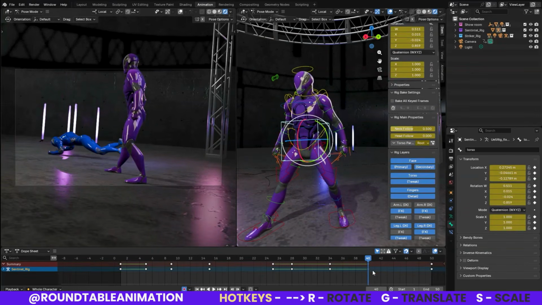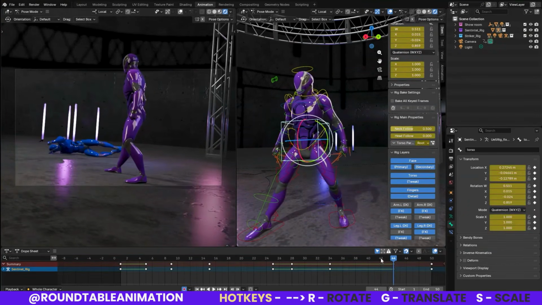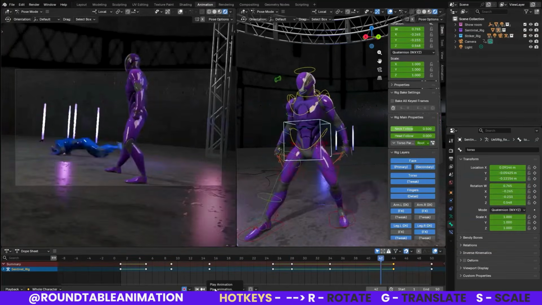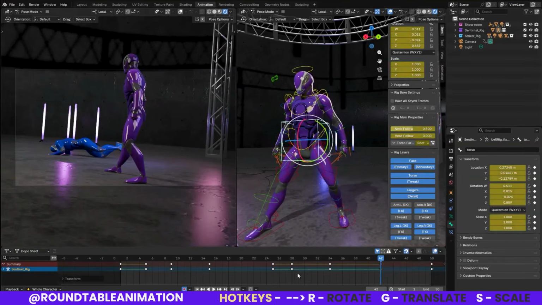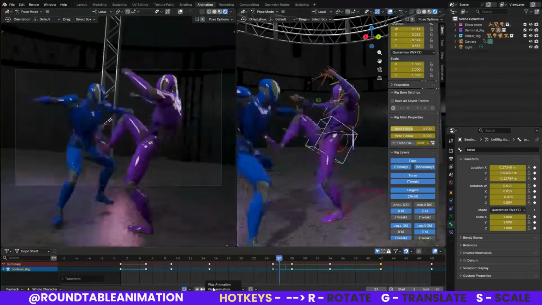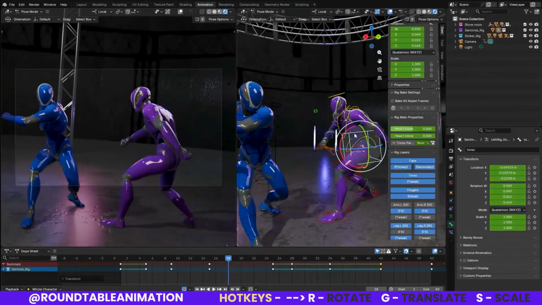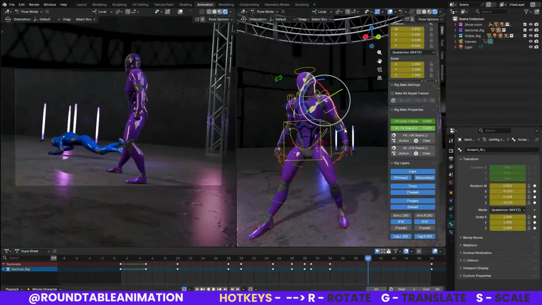So I'd rather have him get up a little bit later. Wait, that's too late. It's weird how a few frames make a difference. And then the arms gotta take way longer. I'm even okay with it taking